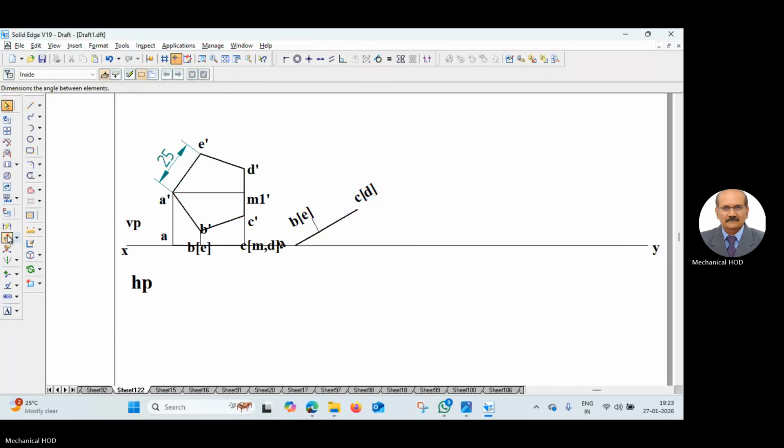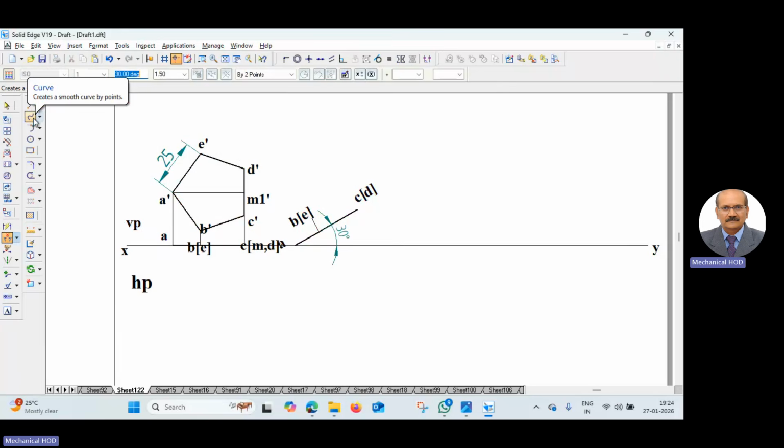Now this angle is given in the data, 30°. That should be measured 30°. Now we will get the top view, upper and top view. To get the upper and top view, sorry, inclination to VP, it appears on HP. So I think we have to rotate it